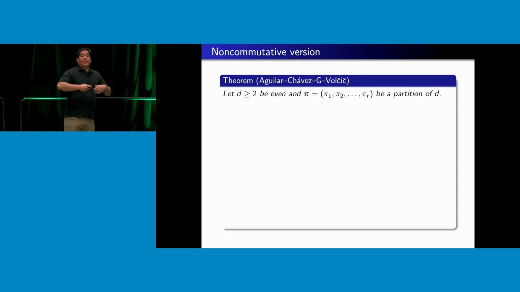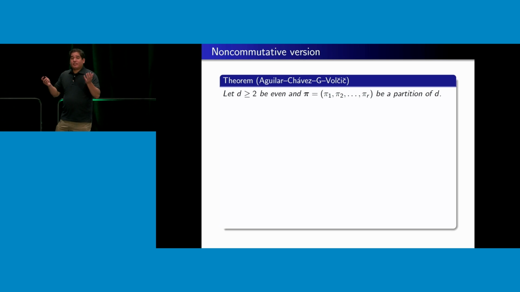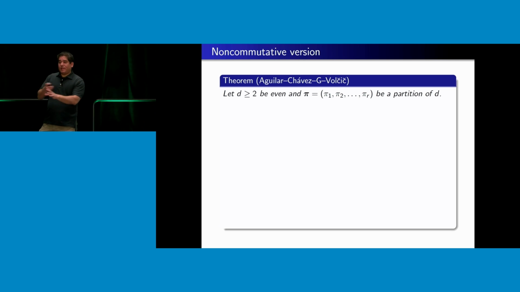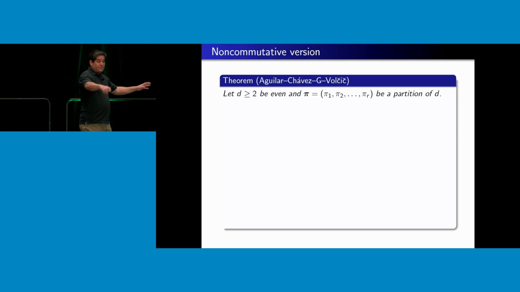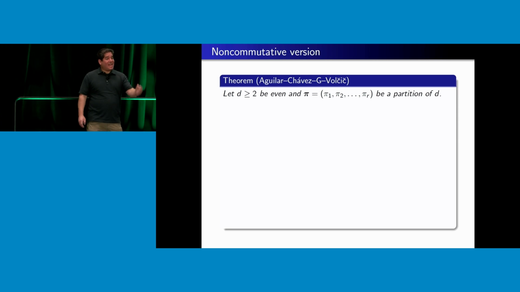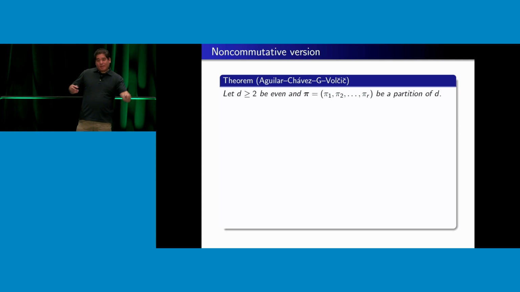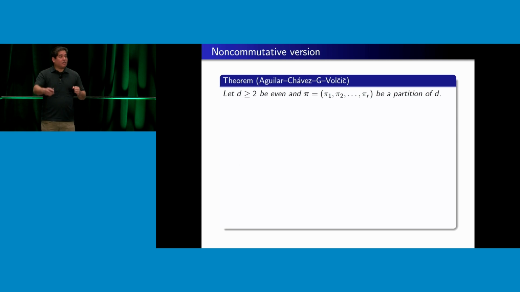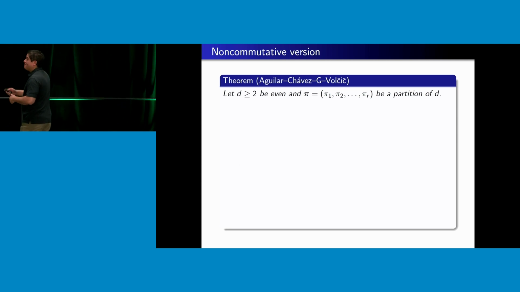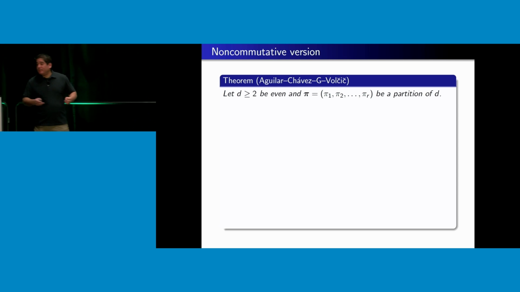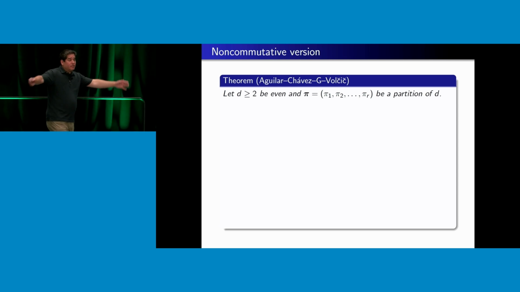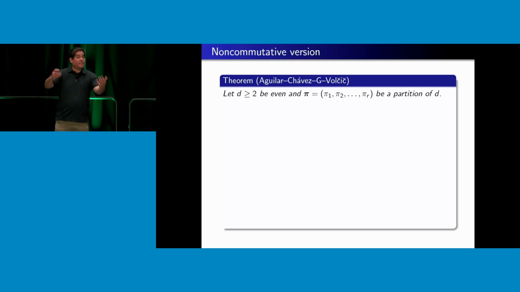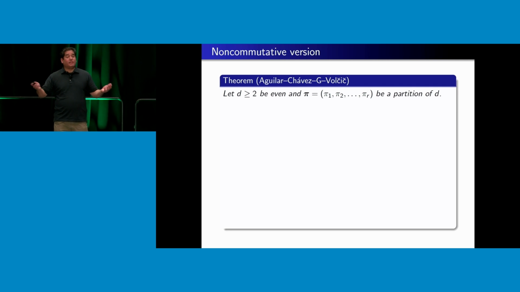So being an operator theory person, I don't like commutativity. I don't like powers of A to commute with each other and that sort of stuff. So I want to mix things up and make them non-commutative. And that's going to involve a bunch of other stuff. So I don't want just A and powers of A. I want powers of A and powers of A star, the conjugate transpose of A. And that's going to lead us to some interesting things here. So this result is going to take a little bit to work through. Pi is a partition of d. d is going to be some even number.